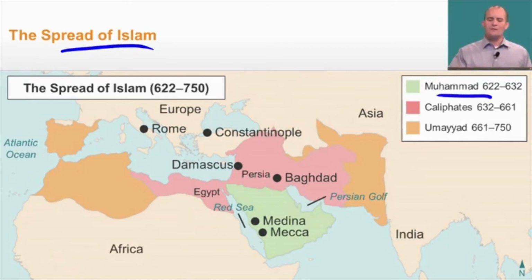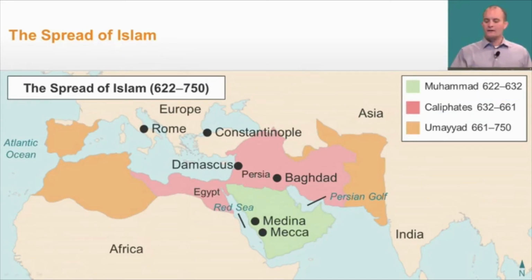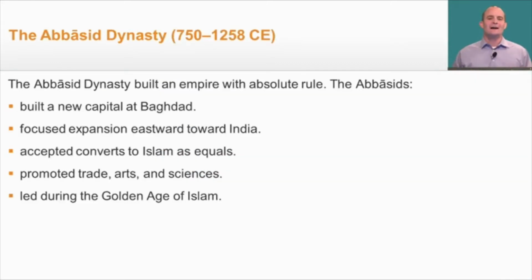Recall, we see how Muhammad, at around 632, had established control of all this area. Then the Caliphates, this whole area in the pink. And now, here are the Umayyads, who ruled this whole area actually into Europe and further into Asia. But again, the Umayyads, because of corruption, gradually led to their fall, and this new empire would establish its capital right here in Baghdad, which is actually in modern-day Iraq. And this new dynasty were the Abbasids.